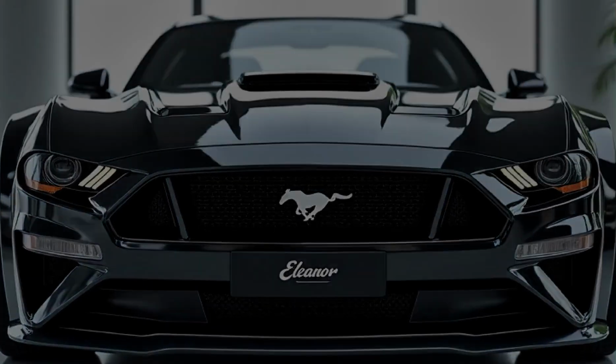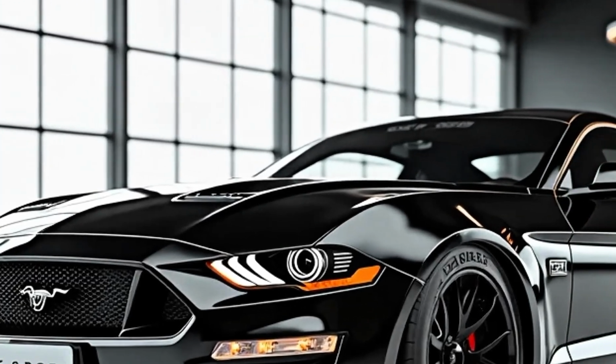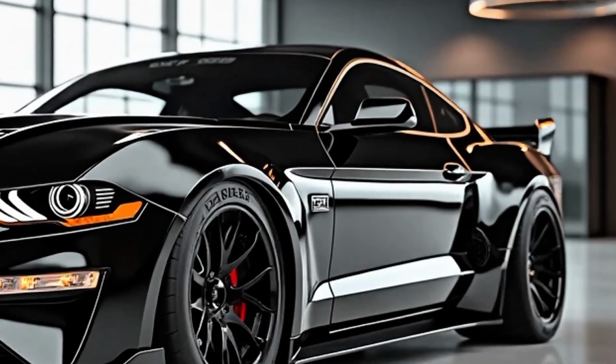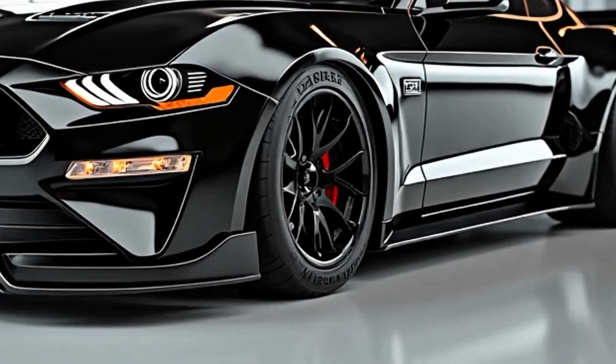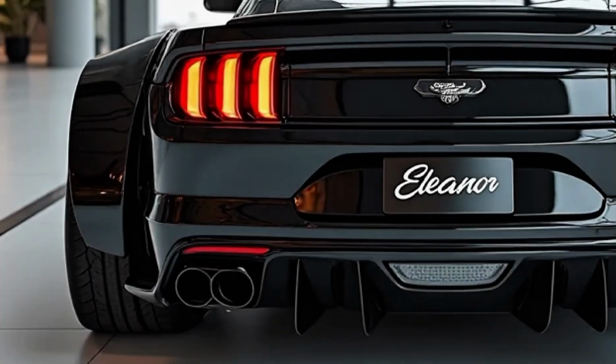The new 2026 Ford Mustang Eleanor is more than just a car. It is a rebirth of an icon, a legend from the silver screen brought back to life with the full force of modern engineering and design. From the very first glance, it pulls you in with a profile that feels familiar yet thrillingly new, a silhouette